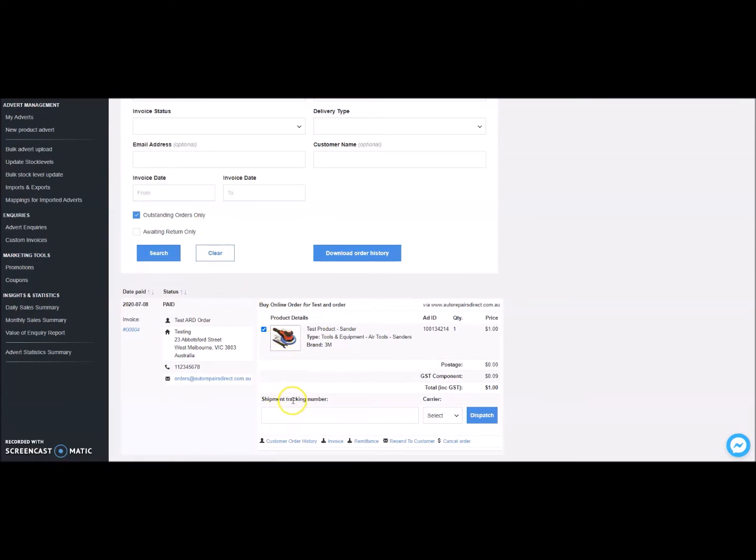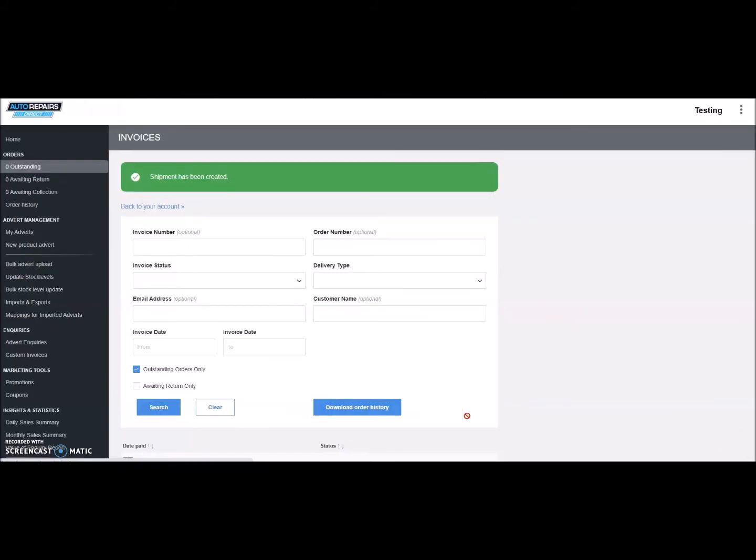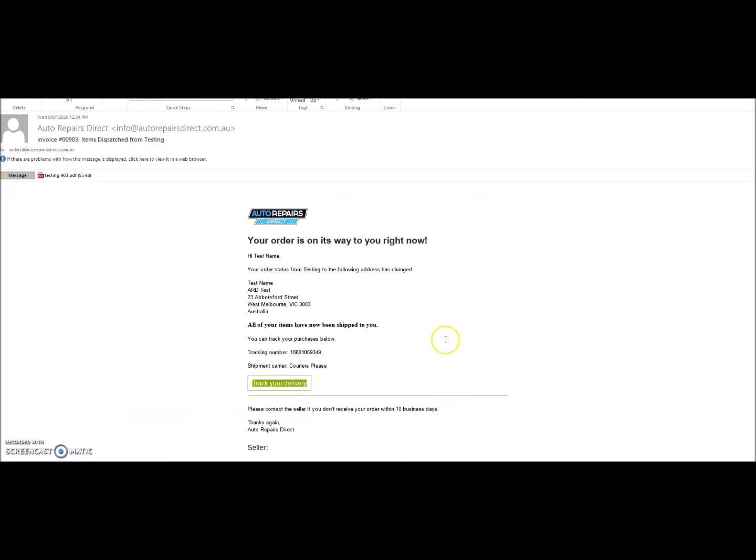To dispatch an order, enter the shipping tracking number into the shipping tracking field provided. Select the carrier from the drop-down menu, then click Dispatch to close the order off. Once this is done, it will send a confirmation to the buyer with shipping information. It will also place the order in the Order Repairs Direct Marketplace system, ready for payment from us to you